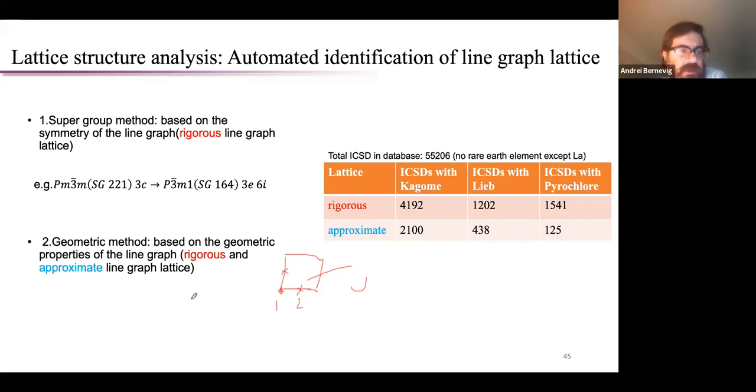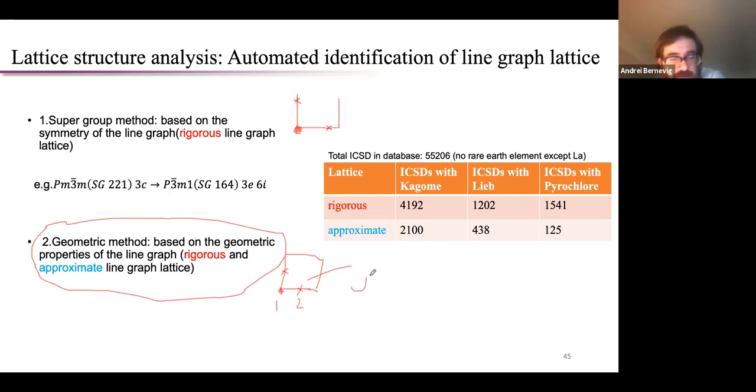Okay, so then you can also find a geometric method, which basically tells you, well, say I have some sort of an approximate symmetry, some sort of a lattice where these things are not mid bond. They're somehow a little bit further away, or some symmetry is broken, so you don't have exactly C4, and ask if there's an approximate bipartite structure, approximate Kagome.